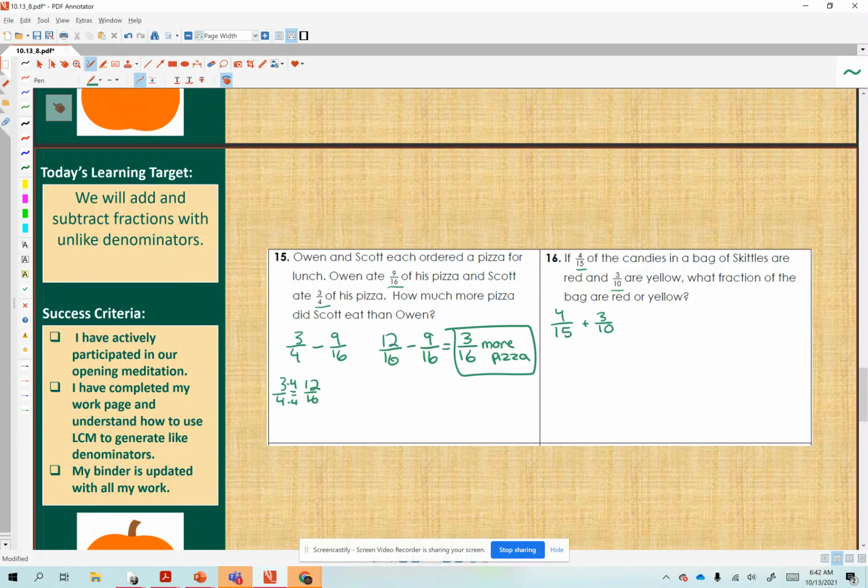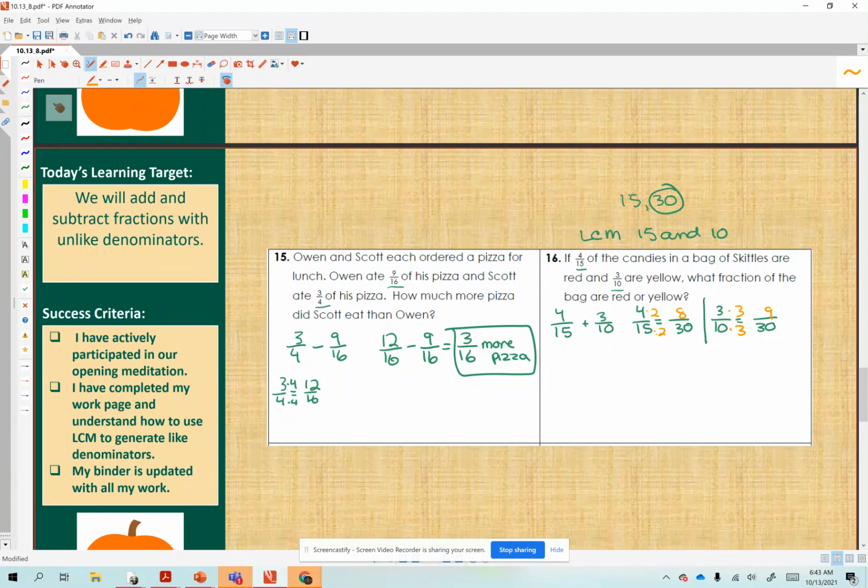So we need a least common multiple of 15 and 10. So the multiples of 15 are 15, 30, and right away we see that's a multiple of 10. So 4/15 to 30ths and 3/10 to 30ths. So 15 times 2 is 30, 4 times 2 is 8, 10 times 3 is 30, 3 times 3 is 9. So now we have our equivalent fractions